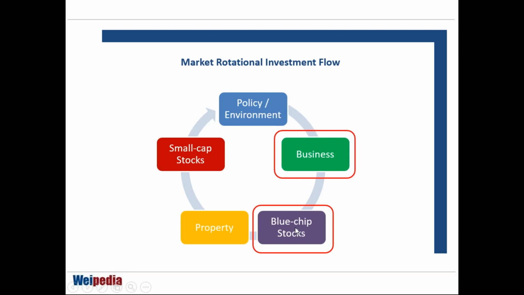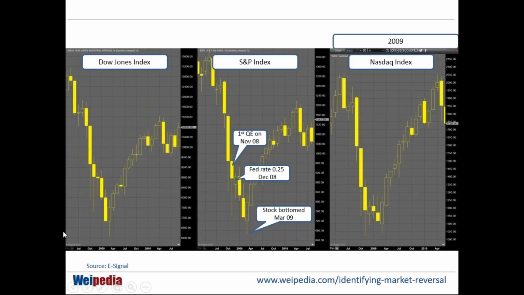Now guess what happened. As business prospers, the stock market goes up, investors invest in business, they make money from the stock market, so they are no longer cash tight, they are freed up, they are wealthier, and they look for investment after investment. So the other investment, which is a bigger investment for all of us, will be, hey, let's buy some properties. Okay, so this is the flow of a bull market. Now you could see that after the first QE, followed by the Fed, 3 months later the stock market bottomed, then the stock market boomed, and then it was followed by the property market.